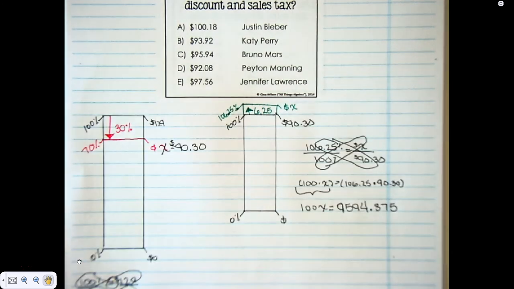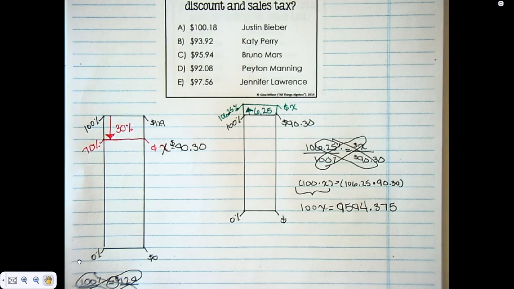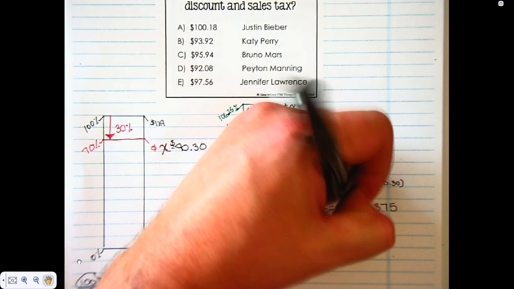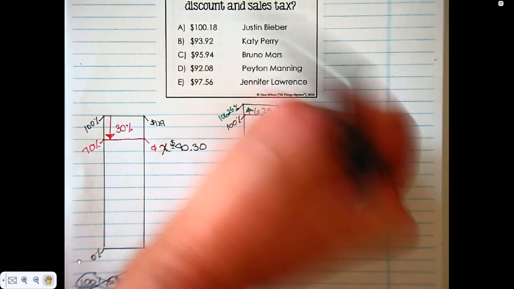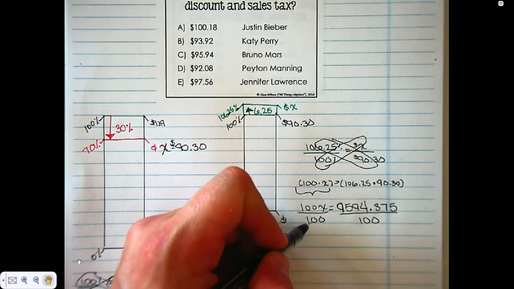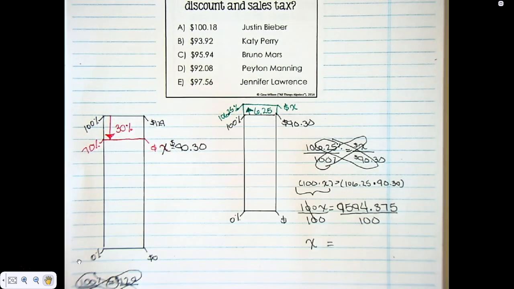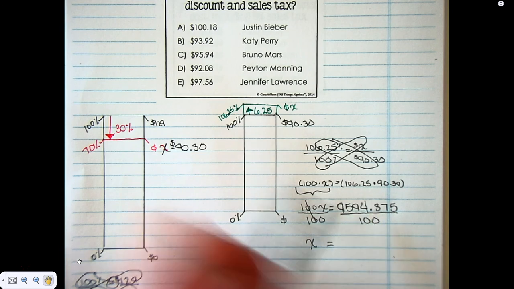And just as we did in the previous problems, we don't want 100x, we want just a single x. So I'll divide both sides of my equation by 100. I do that quite a bit, it seems like, in these problems. 100 divided by 100 is a single x, or 1x. And then, using my trick from before, dividing by 100 causes my decimal in the number above to move 2 spaces to the left. So I end up with